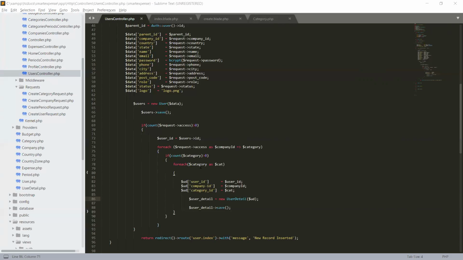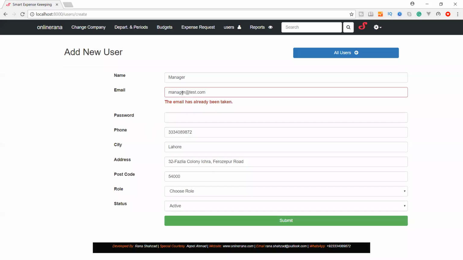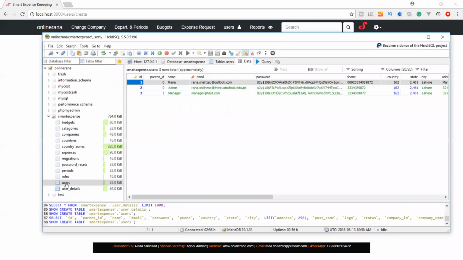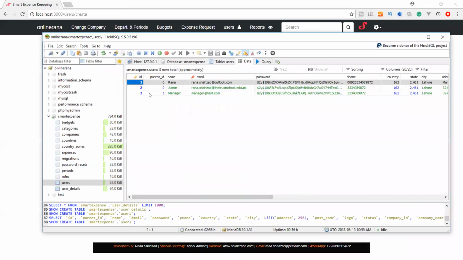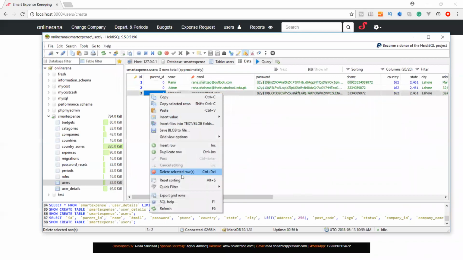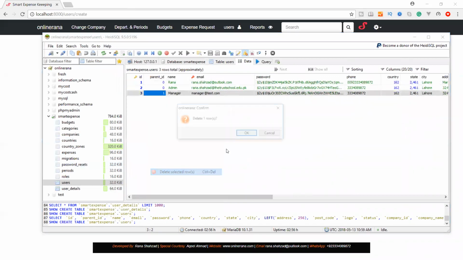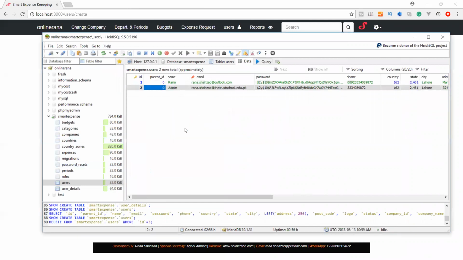And right now, when I try to send manager test again, it says the email has already been taken. The user is already created. See, manager test is already created. Let's remove this. Delete selected record. Okay, deleted.